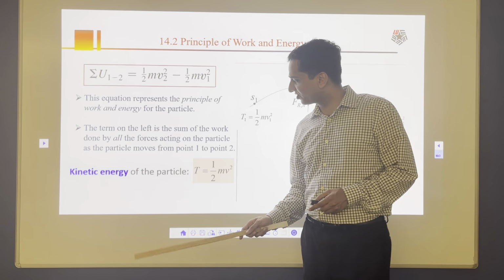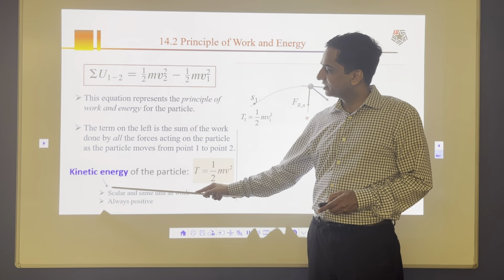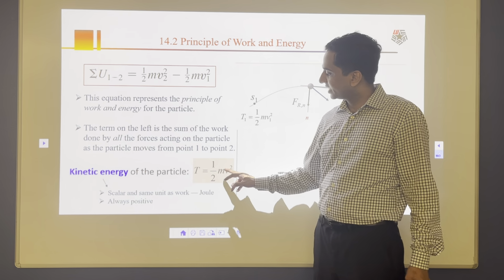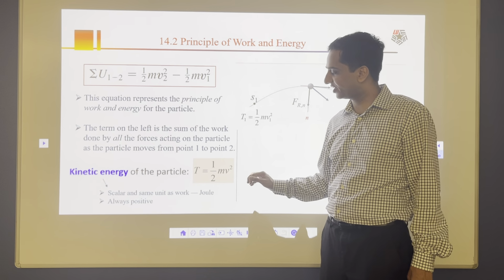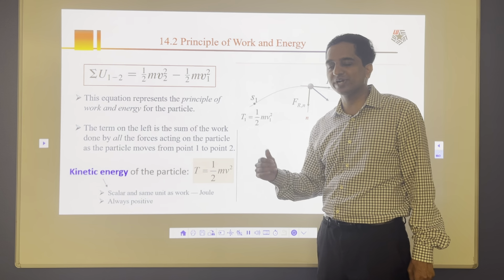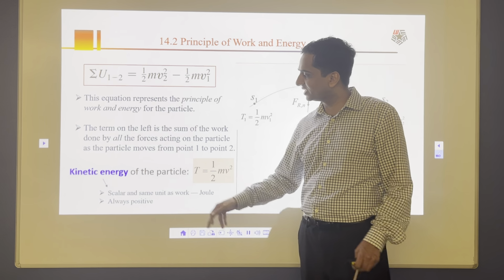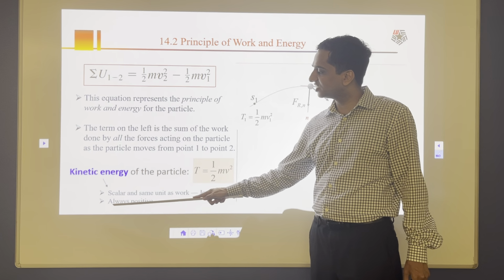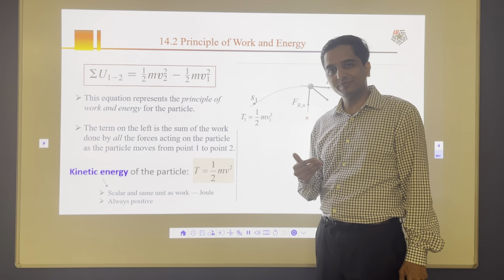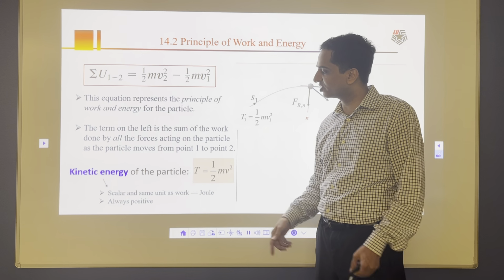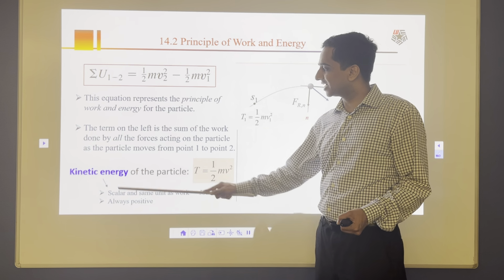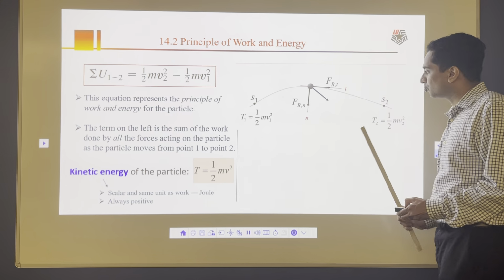The important thing about this kinetic energy is that it is always a scalar. It doesn't have direction, it has only magnitude. And it has unit of joule. It means what is kinetic energy? 10 joule, 20 joule. You don't need direction. So kinetic energy is always scalar and kinetic energy is always positive. It's because mass is positive, velocity could be negative, but v square is always positive, and therefore kinetic energy is always positive, or always non-negative. That's your kinetic energy T1, T2.